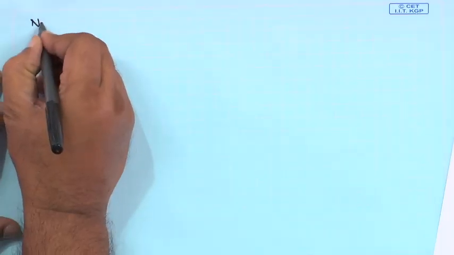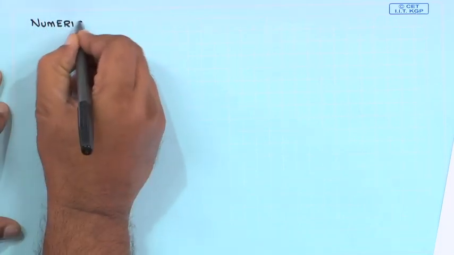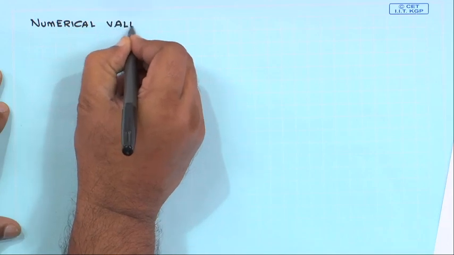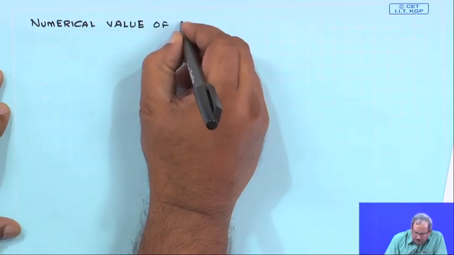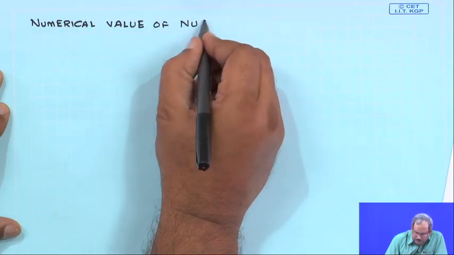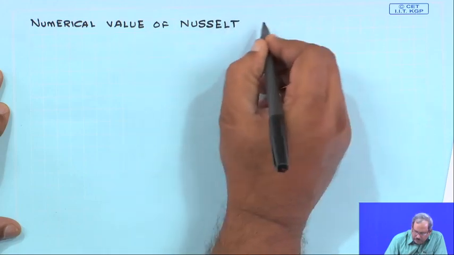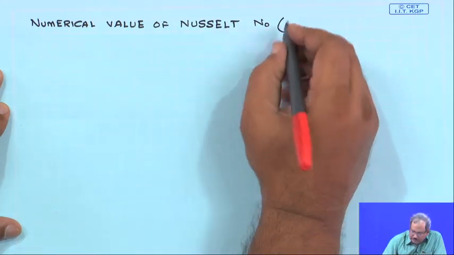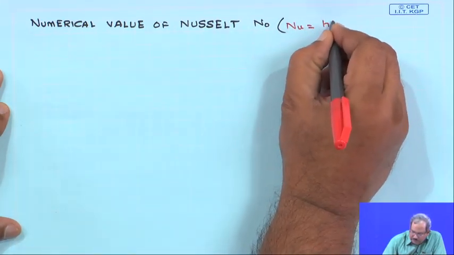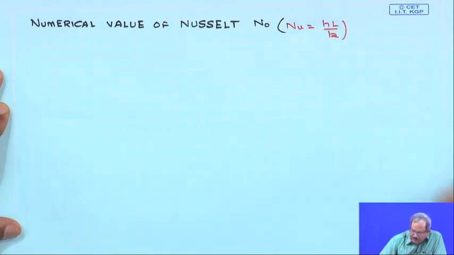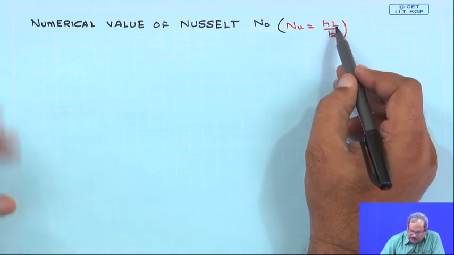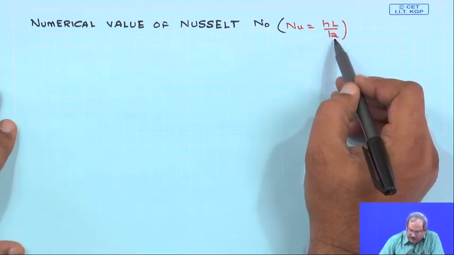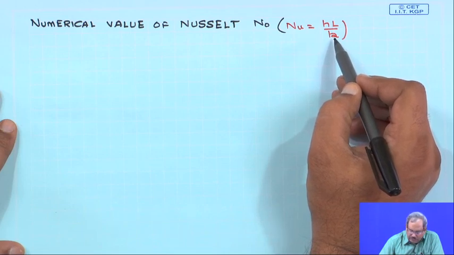So, the problem that we have now is to find out the numerical value of the Nusselt number, which is denoted by Nu, equal to h times L by k, where h is the convective heat transfer coefficient, L is the length scale of the system that we are discussing, and k is the thermal conductivity of the surrounding fluid